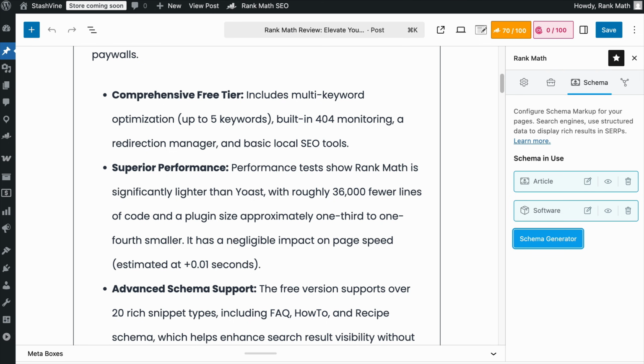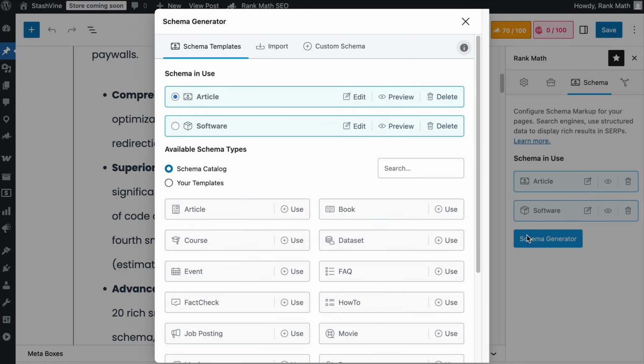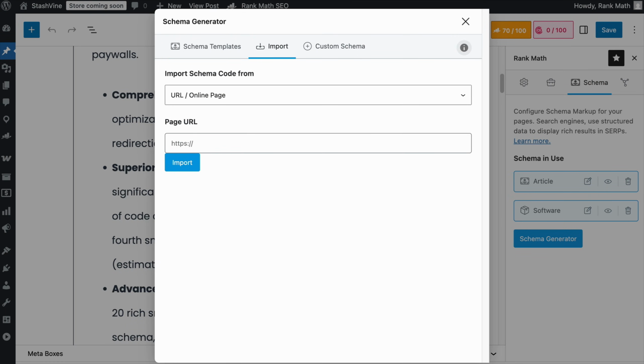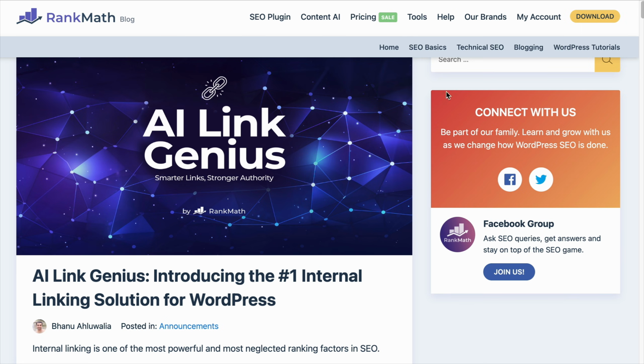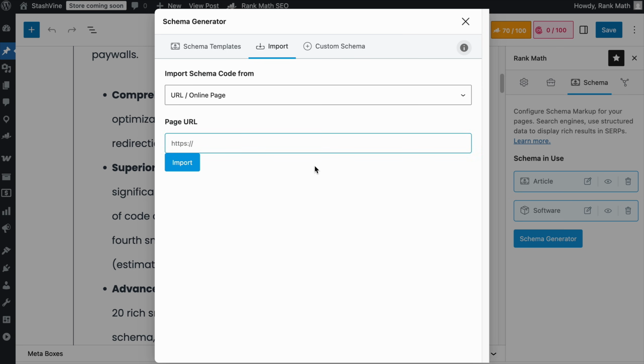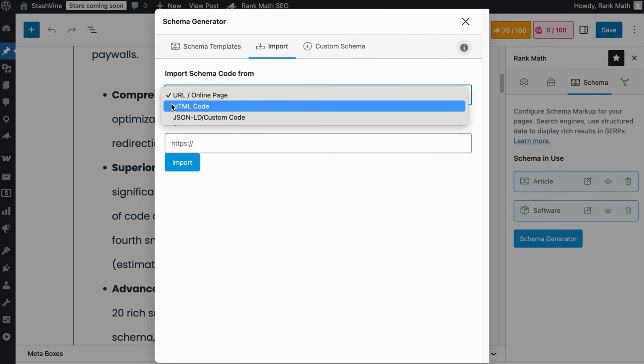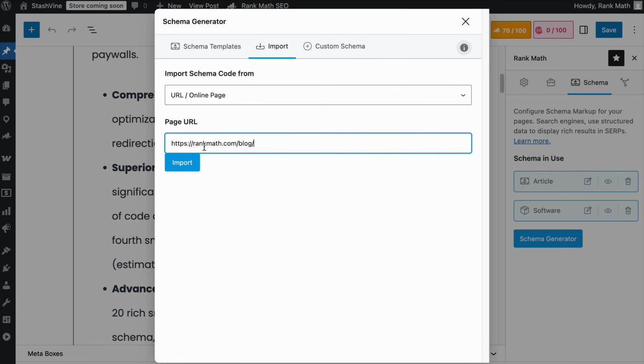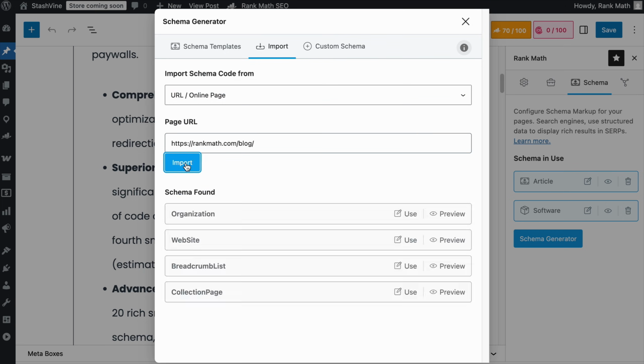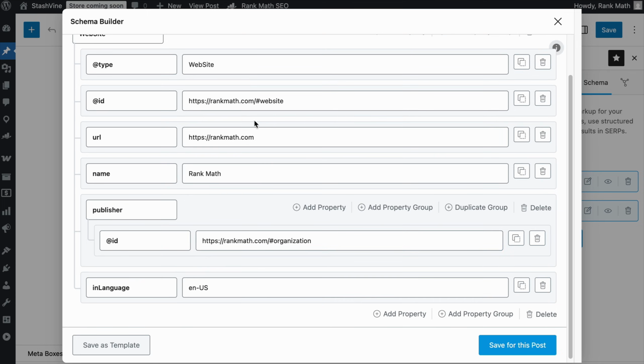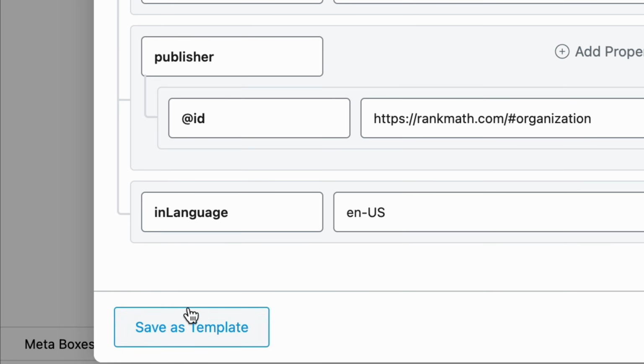And speaking about that, Pro users have a schema spy tool, as I will call it, which is in the import feature. Assuming you want to know what schema markups your competitor page is using, you can copy its URL, go to the import feature, select the URL option, paste the URL here and click import. And the tool will show you all the schema markups the page has. And you can edit the schema information and use it as your own,